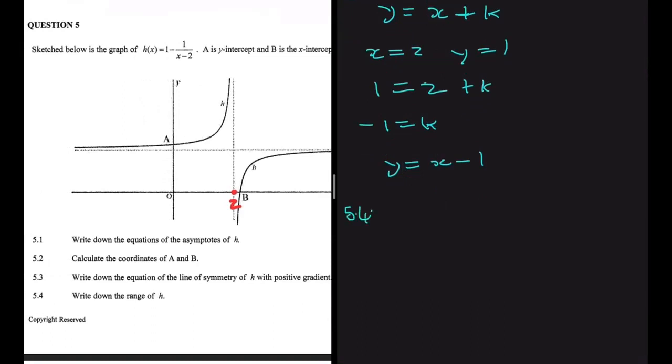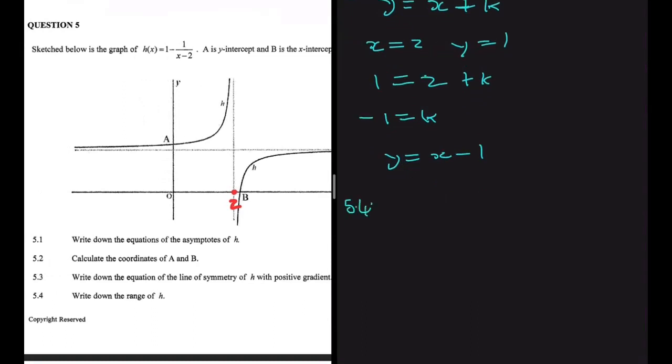And then 5.4 is saying, let's write down the range of h. y is an element of real numbers, but y is not equal to 1. Because in 5.1, when we were talking about the horizontal asymptote, we said that y should never be equal to 1, right? Everywhere else our graph touches